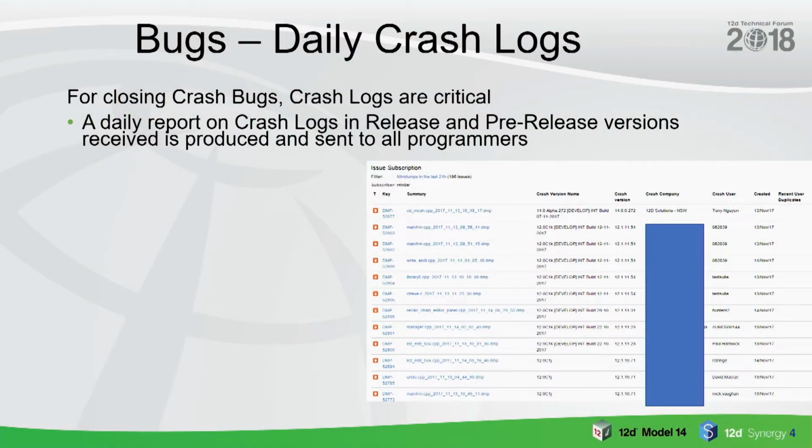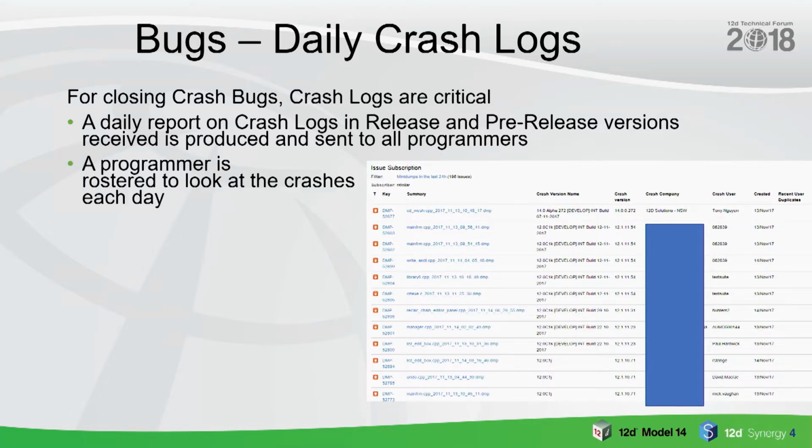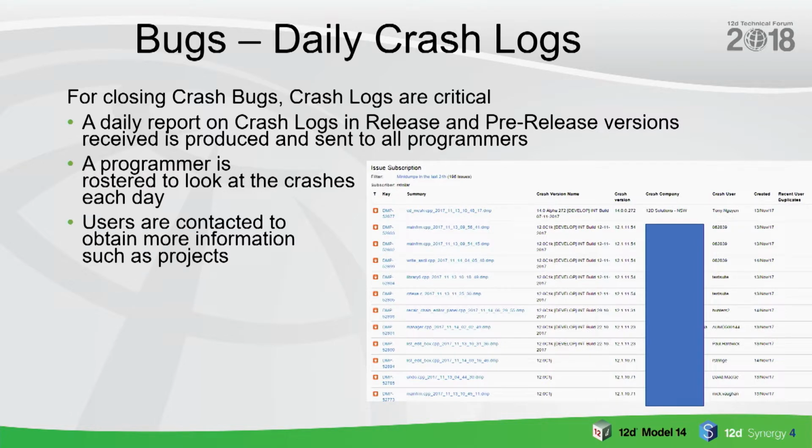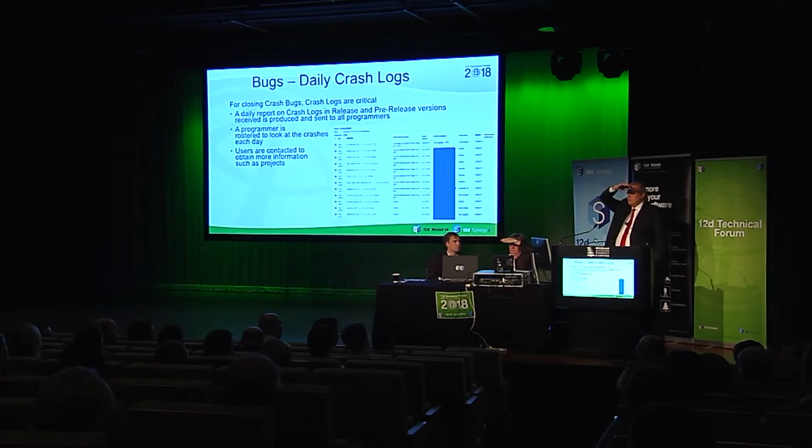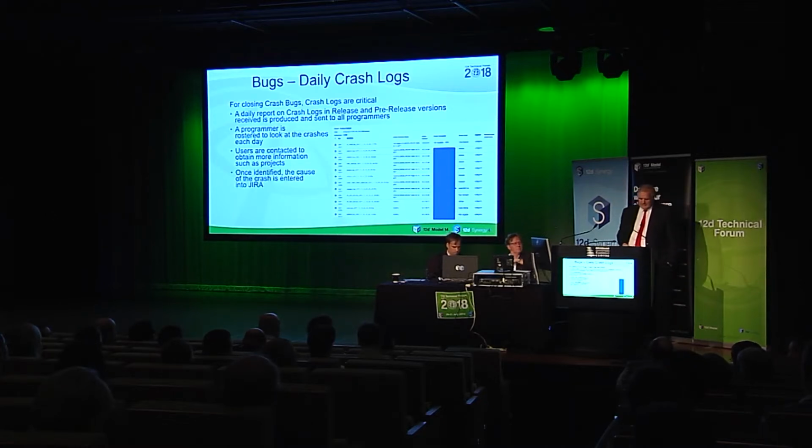All the programmers get one every day, which lists any crash logs that have come in that night. We then have a meeting to go through them all. Programmers are scheduled every day to have a look at them, and they will possibly contact you to find out more information. Has anyone been hearing from anyone about any of their crash logs? Yep, we're now trying to respond to them very quickly. Before they were stale and you forgot what you even did. And we put them in a system called Jira, where they are identified, and so we track them.